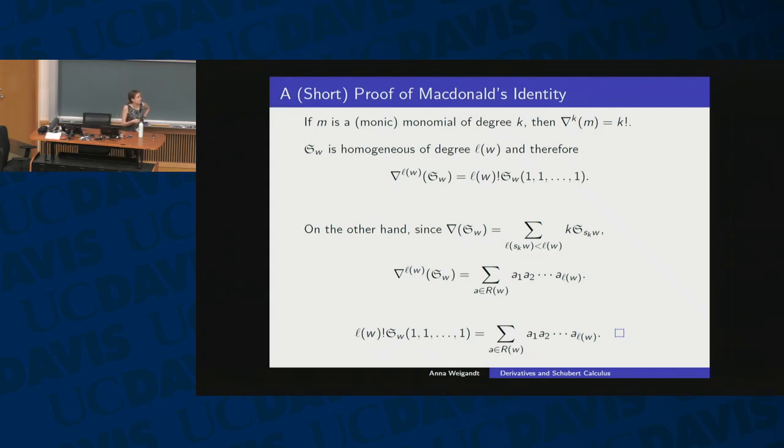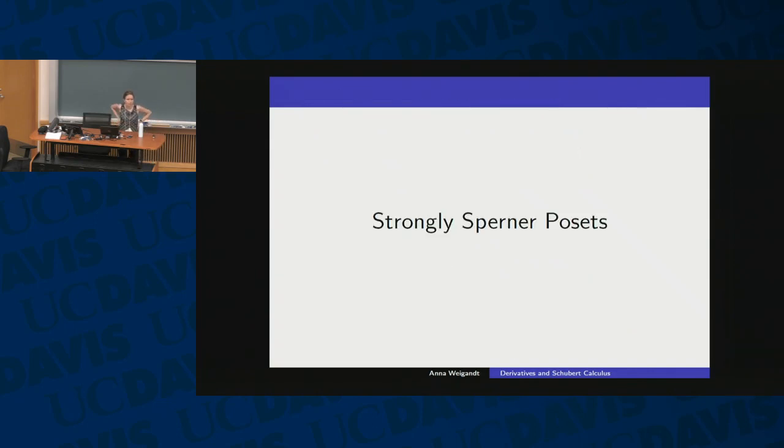Now we can take the derivative in a different way. We have this formula, and when we iterate it, we're iterating over chains in weak order. In other words, we're iterating over reduced words. And our price to step down at each step was the label of the simple reflection that we stepped down by. And so we really get this Coxeter length of w factorial. We just took the derivative of the same polynomial in 2 different ways. We apply this operator in 2 different ways, so the things that we get in the end ought to be the same. And so that's just it. Okay, so that was application number 1 of the Schubert